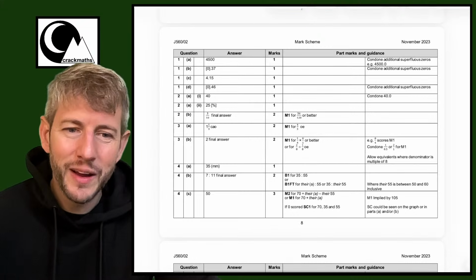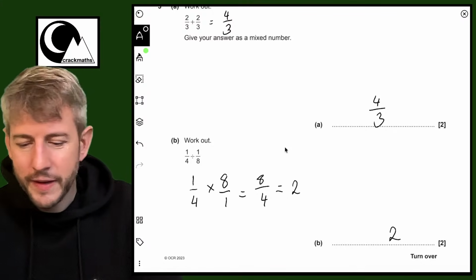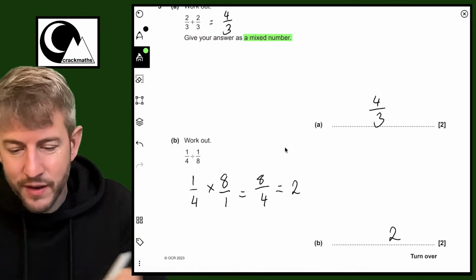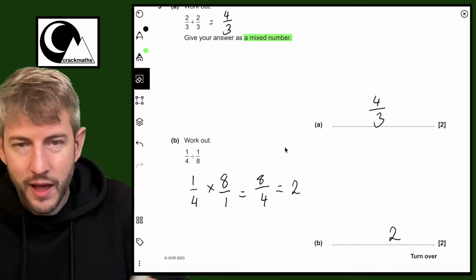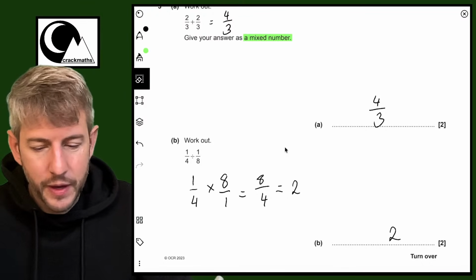Oh dear. Right, one second, I missed something. Let me just show you. Look here, it says give your answer as a mixed number. Okay, so just to quickly change that, if we're giving this answer as a mixed number,